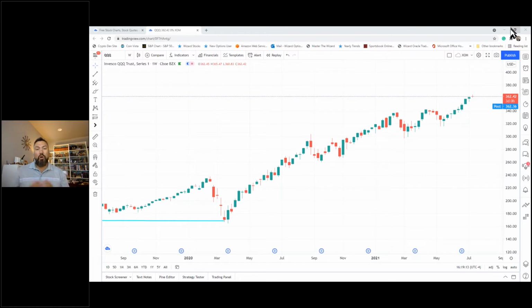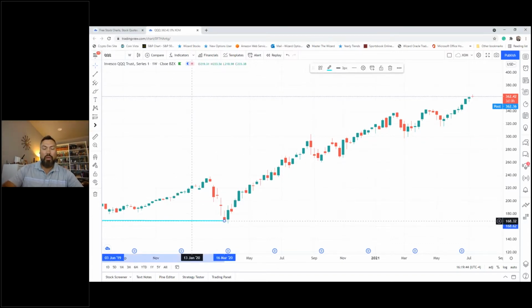Now, we can't remove all emotions when trading, but we have to do our best to try to accomplish that goal. I don't want to remove the fun out of trading. I want to remove apprehension. I want to remove the level of anxiety that may exist in the trading world. So what I found is to make it as simple as possible. Rather than come in here and try to teach everyone the art and science behind drawing trend lines, what I like to do is incorporate very simple moving averages together.